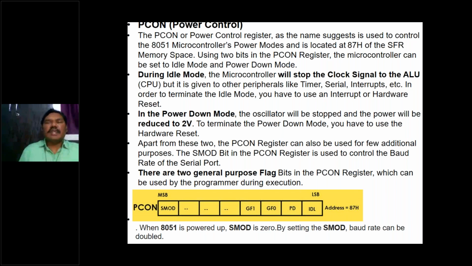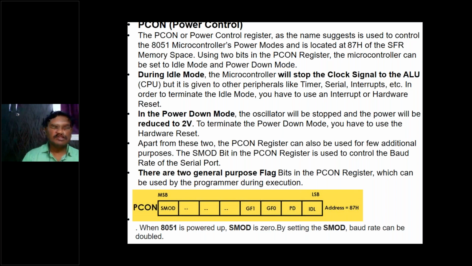So in this way, to decide whether the data rate is double or normal, we use this register. Because there is no space in the SCON register, that bit is placed in this register. Then there are idle mode and power down mode.